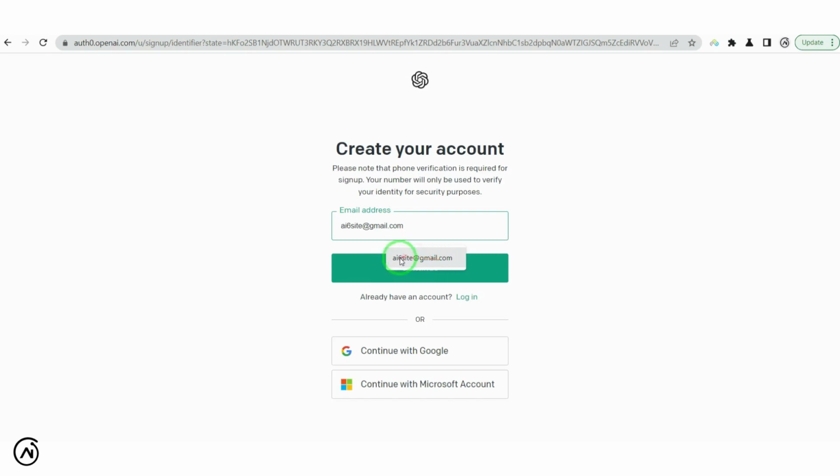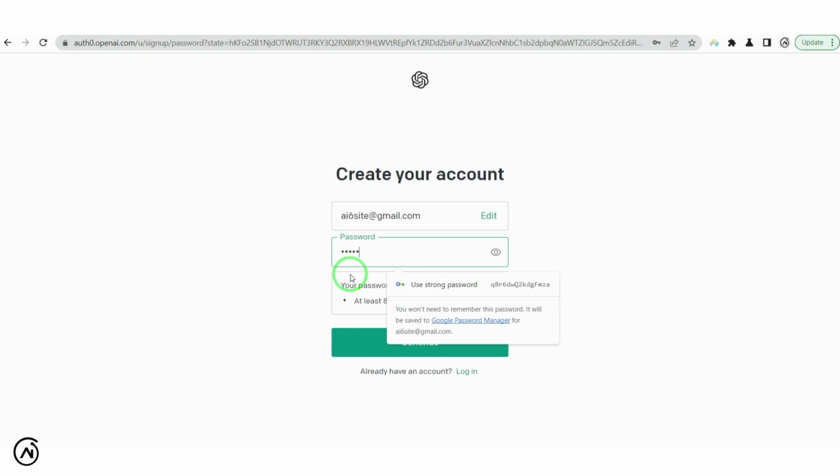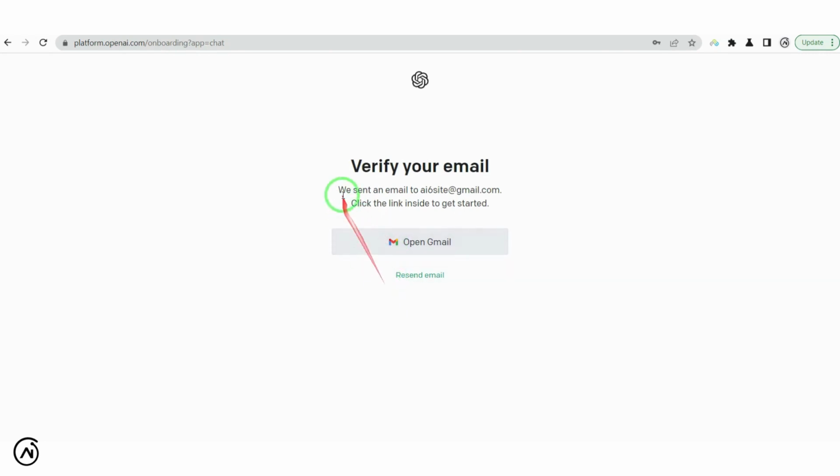We insert our email address here, or we can just continue with our Google account if you are already registered and logged in to the Google account. Okay, it asks me to choose a password. I just choose a password. Okay, continue. And then it asks my name. I should choose a wise name. For example, it says